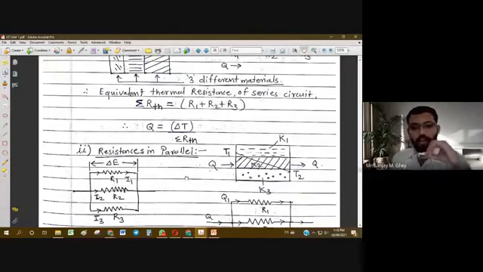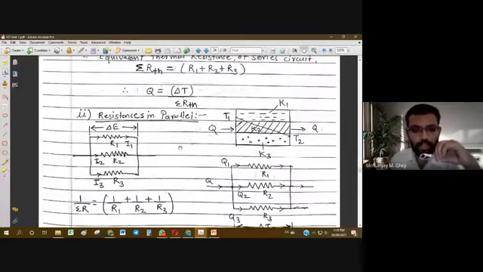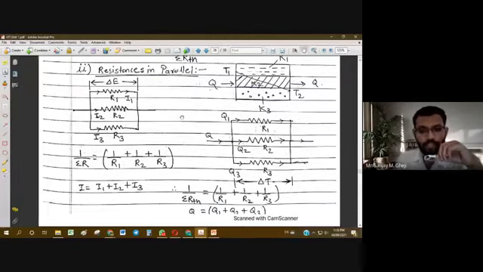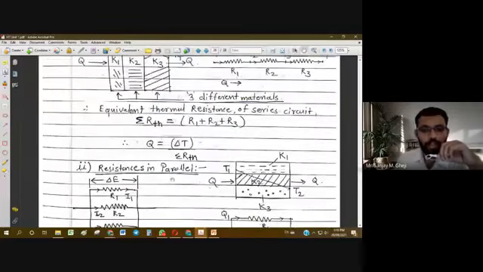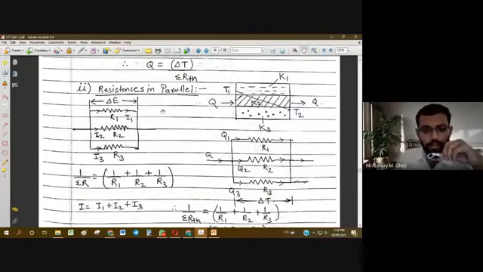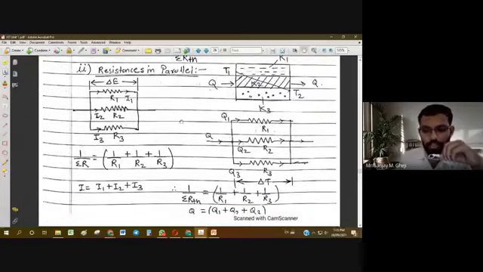So this analogy will be very useful while handling conduction through composite systems, or when more than one material is involved in a conduction problem. Such an analogy we have to use, and then we have to solve the problems, or get to the solution. All these formulae will be very useful in our laboratory session also. In fact, there are two to three different experiments where we have to make use of all these formulae and all this theory.